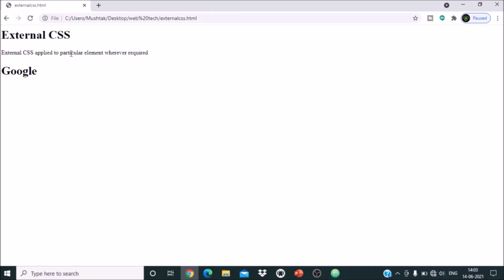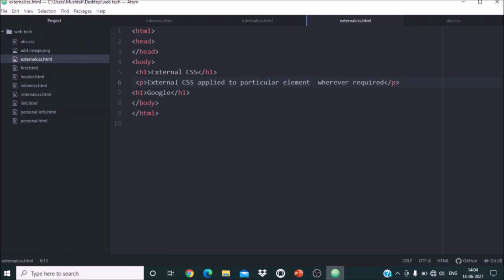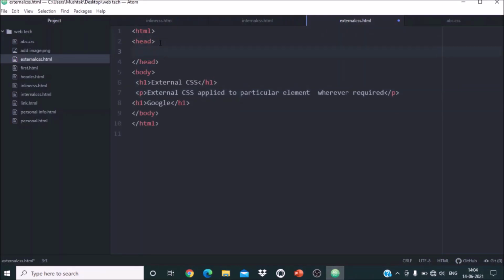So you can find this is the web page where CSS is not applied. Even though we have written complete CSS in abc.css. Now how to apply it? What is the way to apply it? Go to the head tag, and in the head tag write down link. So this is a link tag you have to use. Link, rel is stylesheet, and href. In this reference or href, you have to give the path of the CSS file. What is the CSS? abc.css. Now Control S, means save this file.